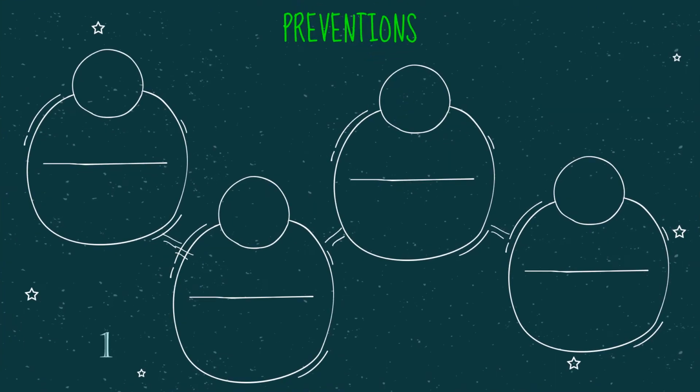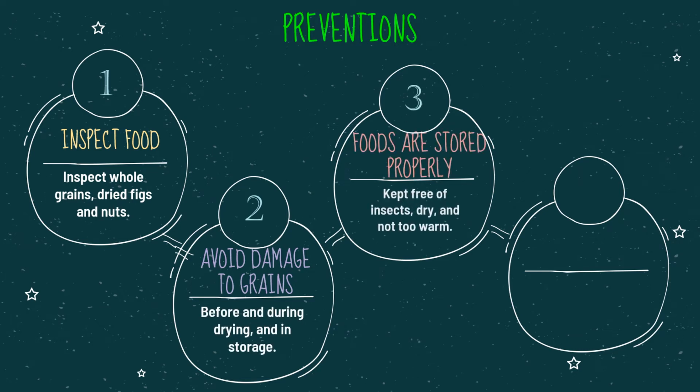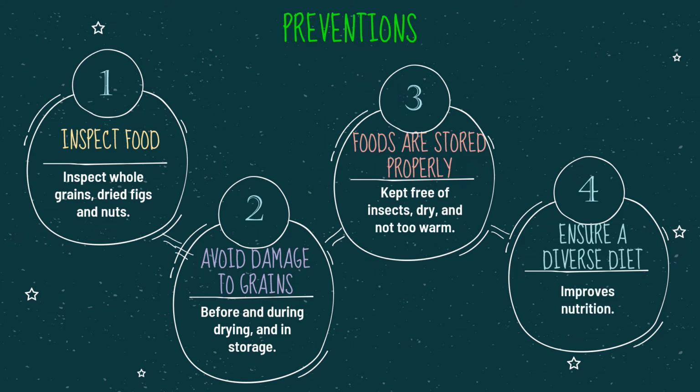Next, prevention to avoid mycotoxin contamination. To minimize the health risks from mycotoxins, people are advised to inspect whole grains, especially corn, sorghum, wheat, rice, dried figs, and nuts such as peanuts, pistachio, almond, walnut, coconut, Brazil nut, and hazelnuts, which are all regularly contaminated with mycotoxins, for evidence of mold, and discard any that look moldy, discolored, or shriveled.